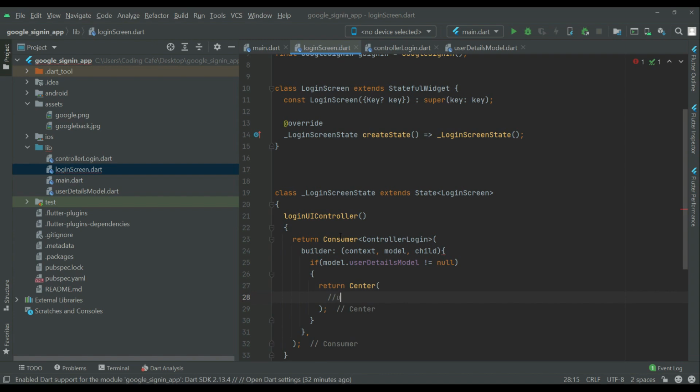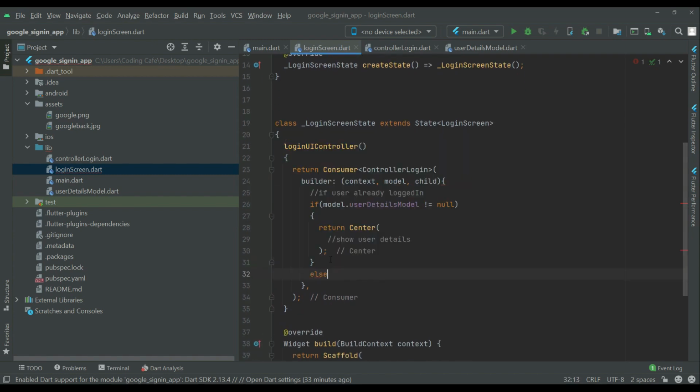So I'm going to give it a comment, show user details. And let me add a comment here, which simply means if user already logged in, else